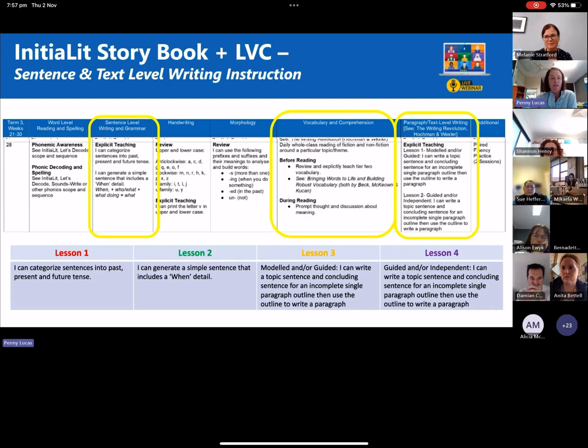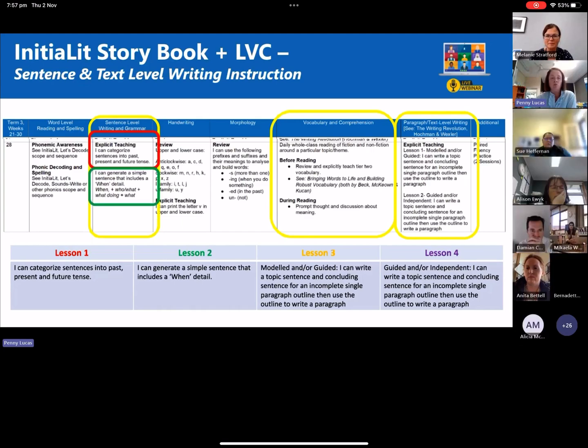But if we're looking at the writing instruction, it's sort of split into 4 lessons. So we've got here lesson 1, which is I can categorize sentences into past, present, and future tense. Lesson 2, I can generate a simple sentence that includes a when detail. Lesson 3 is modeled or guided, and it's about writing a topic sentence and concluding sentence, and then using the SPO to write a paragraph. And lesson 4 is the same, but moving on to guided or more independent. I can write a topic sentence and concluding sentence for an incomplete single paragraph outline, and then use the outline